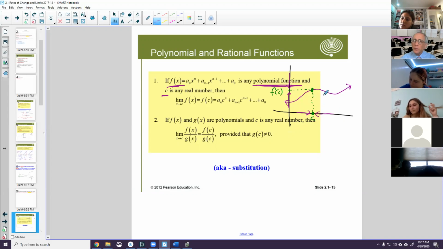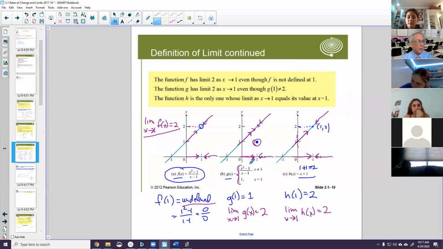And because it's a polynomial, I can say that my limit as x approaches c of my function f of x is equal to f of c. So I'm going back to this problem right here. The only polynomial we had here, let's actually